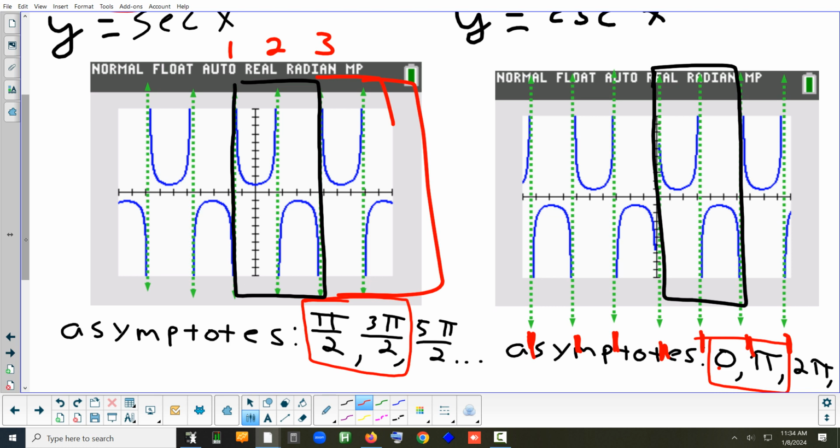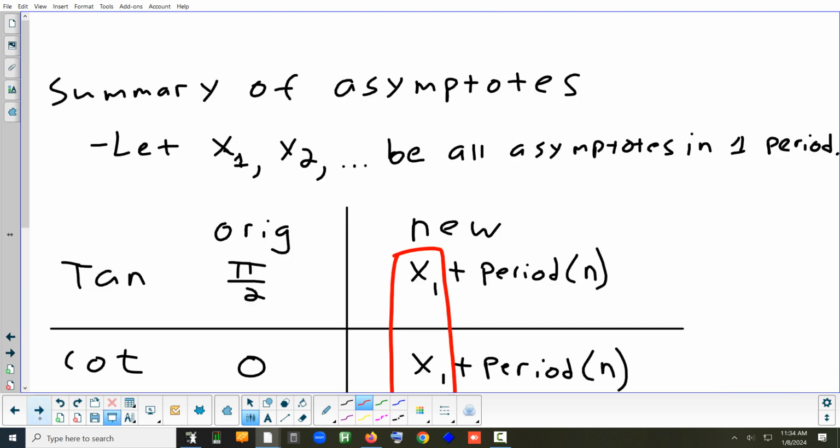What does it look like the range is for secant? Yeah, it's negative infinity up to negative 1. And then it's positive 1 to positive 2. So your range is basically everything except negative 1 to 1. So it's negative 1 and down and 1 and up. So let's write that